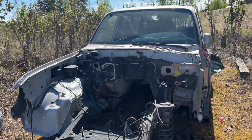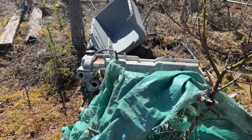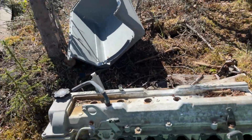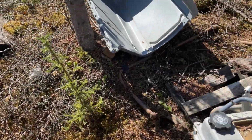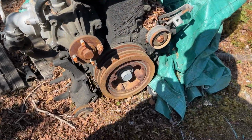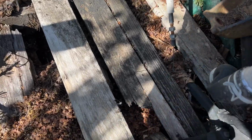So this is what we're here for today. We're not here for the rig, just for the engine. And the rig is already sold. Somebody else got to the rig before I did. But the engine's available with the tranny. Been sitting here for years, he says. But it's worth it. Yeah. He says the engine's not good when they got it out. But